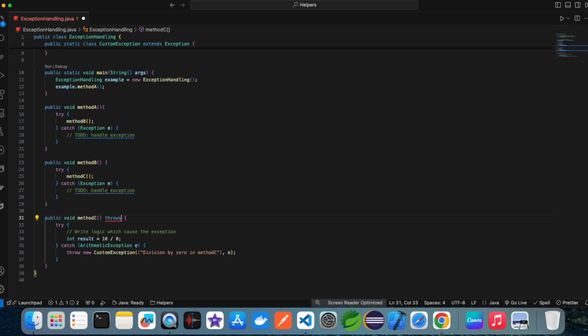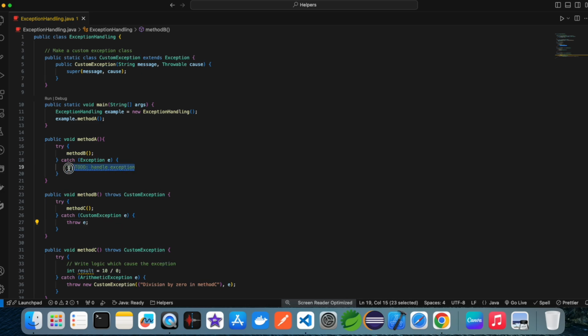So I throw the custom exception, and after that in method B this exception is caught, which is thrown by method C. Similarly in the catch block I write the custom exception, and it also throws at the method signature level. And in method A